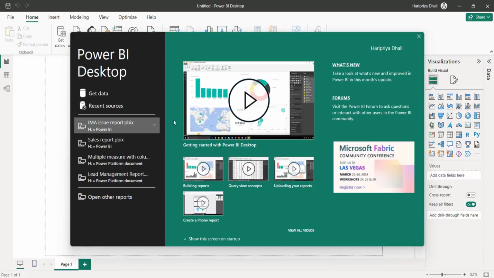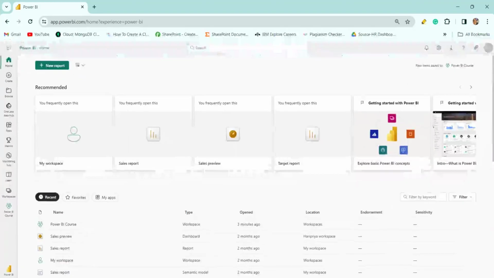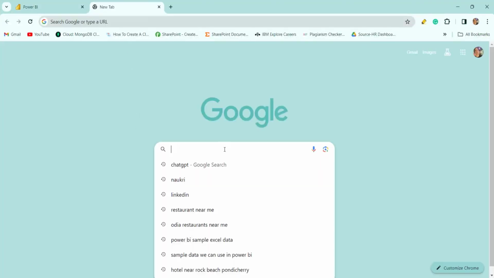We need some data, right? So from where will we get this data? I will give you one option: to search for the financial Excel sheet. So for this, we will search